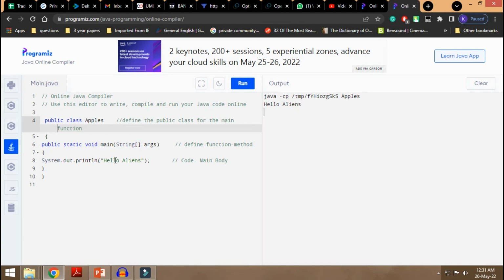This is the code. Let me show you what happens if you make a change here. Whatever we want to print, we can just put in the System.out.println. So that's pretty much it. It's just the basic code.